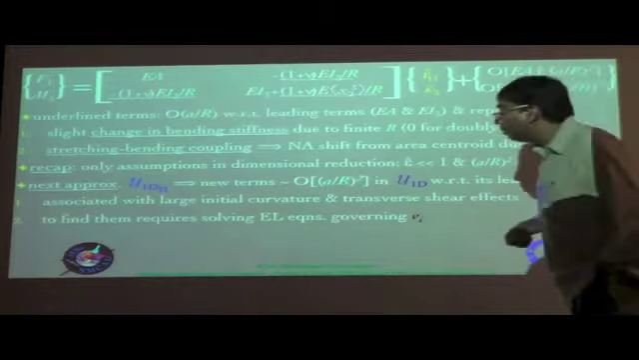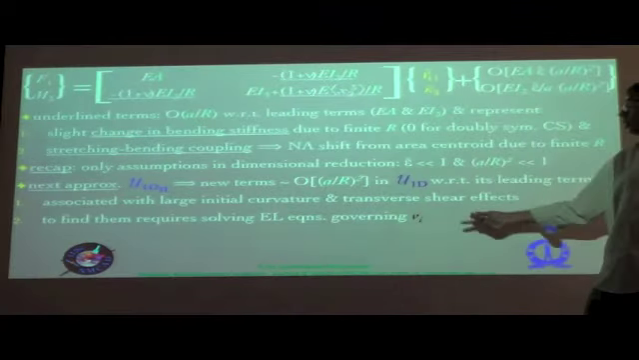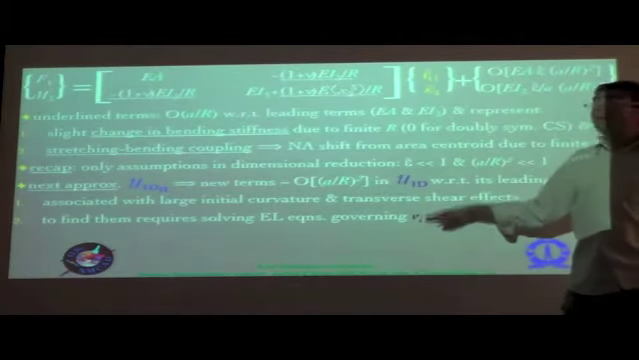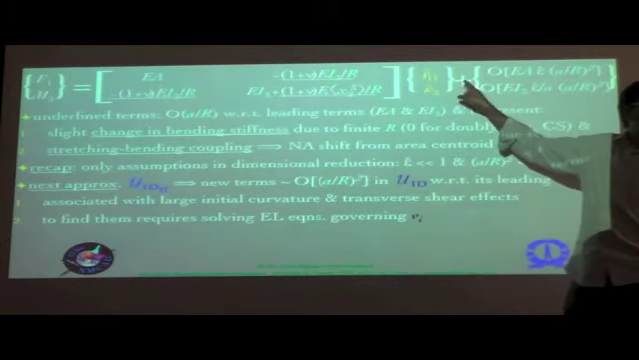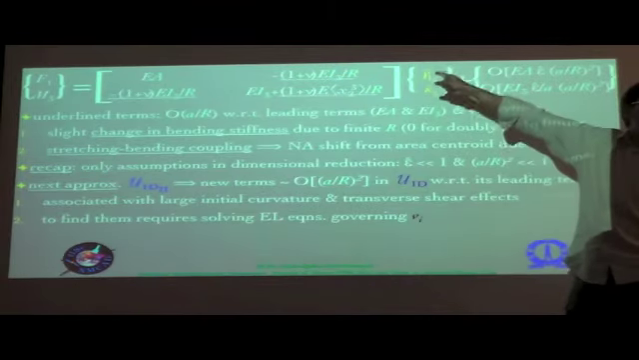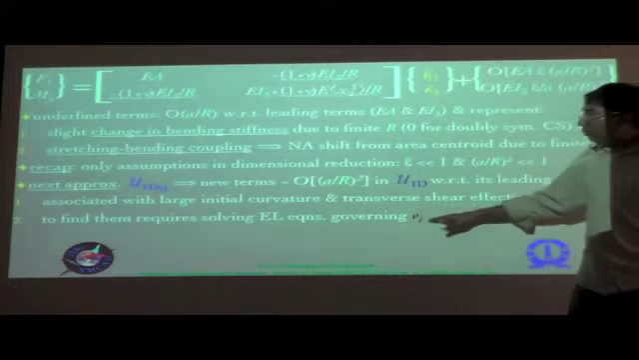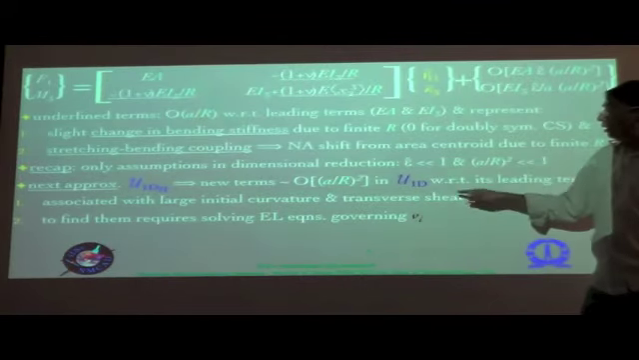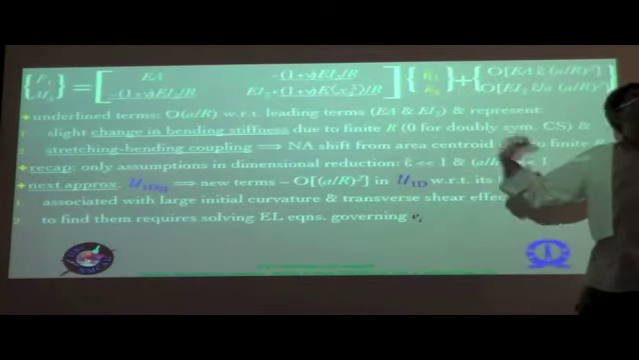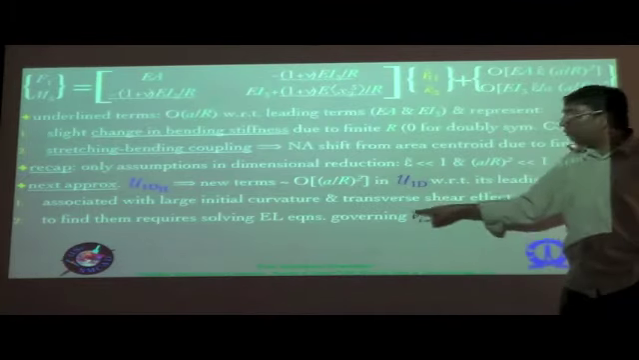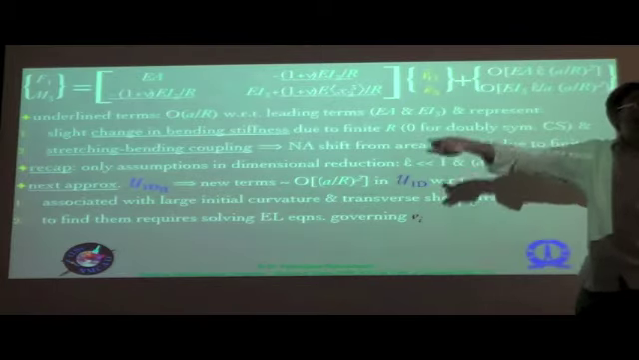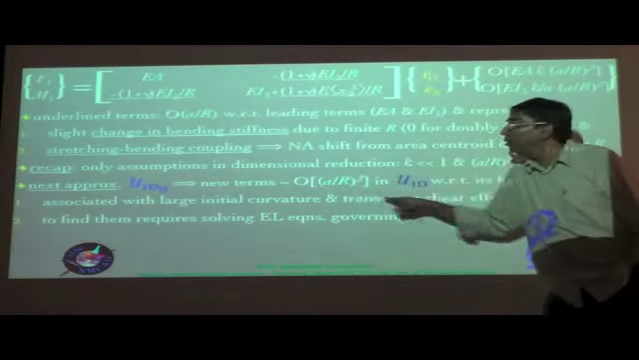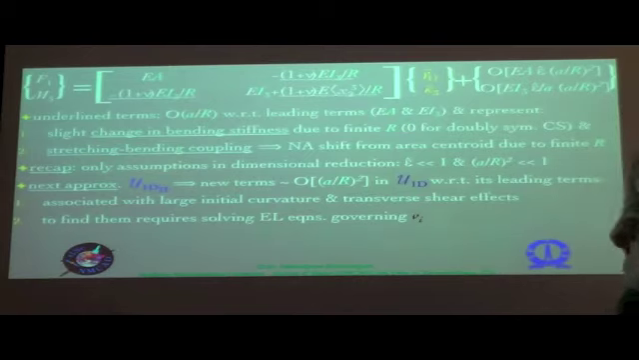And then to find them requires solving the Euler-Lagrange equations governing VI. Remember, this VI we already talked about are the first order warping perturbations. We didn't determine them. Without determining that, we got the constitutive law, and before that the energy as well. But if you want to get this, you don't need the second order perturbation. You don't need to solve that. You just need to solve for the first order perturbation itself, substitute that into the energy,